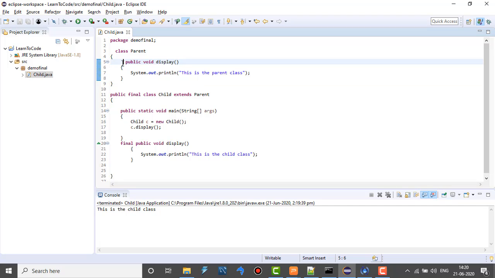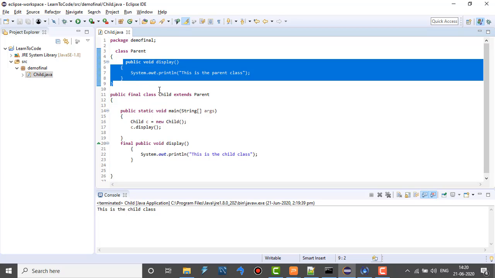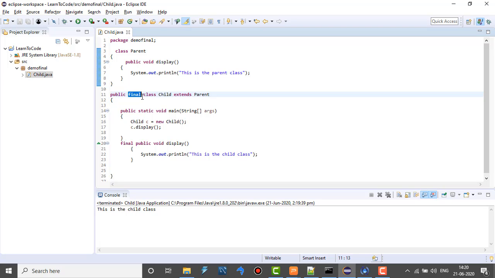Remember, if we put the final keyword anywhere within the final class, like before the class name, before the keyword class, or before the keyword public with the method, then this method cannot be overridden and this class cannot be inherited. But within the child class, if you are using the final keyword, and within the method of the child class, if you are using the final keyword, it will work normally.